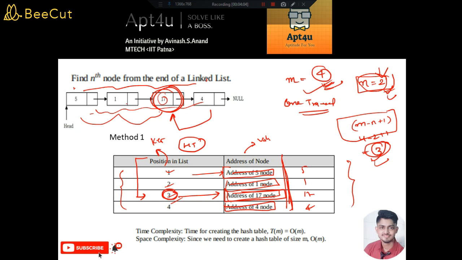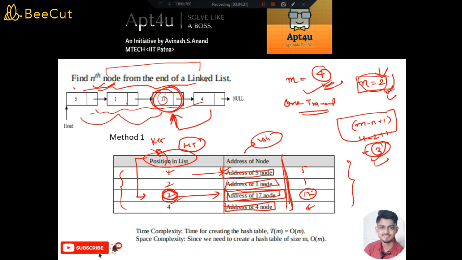In that case, if you are interested to find the value of that specific nth node from the end of the linked list, then we can point out directly, right? Because corresponding to third position, we are storing the value. But since they have said to find the nth node, maybe they are interested to point to a specific node, so we need the address in that case. So here we can also store the address of the nodes. This is acting as the key position, and this will be acting as the value.